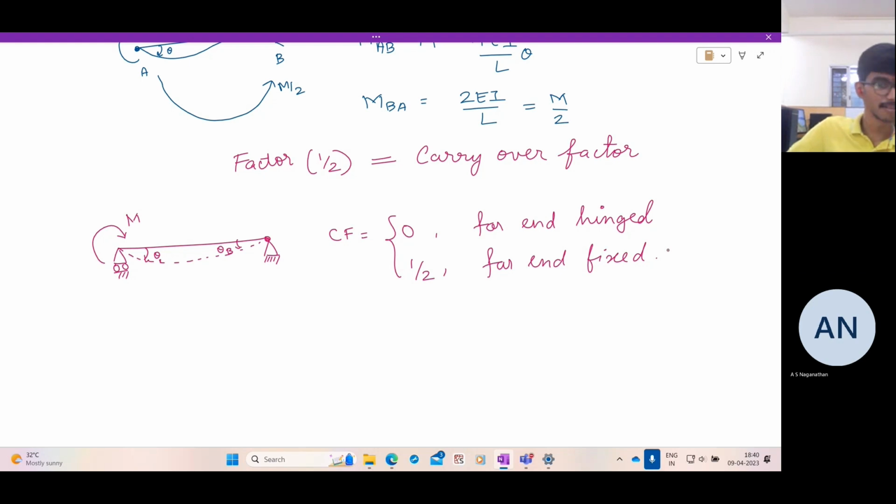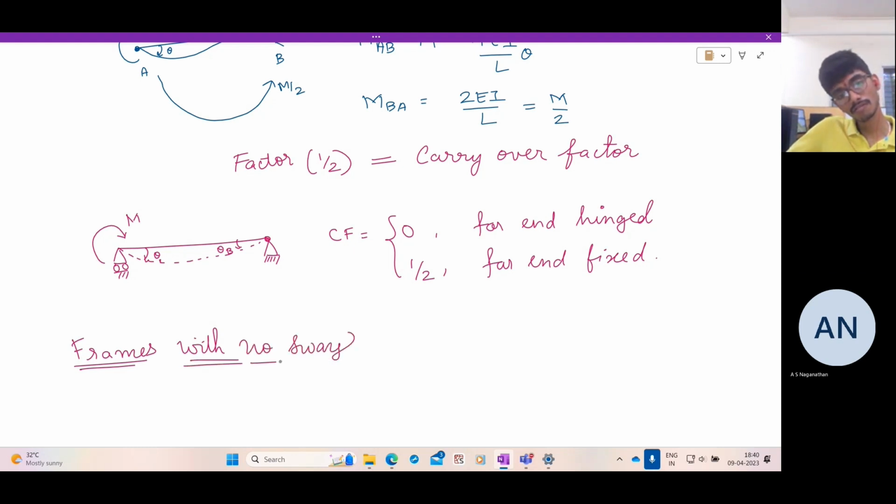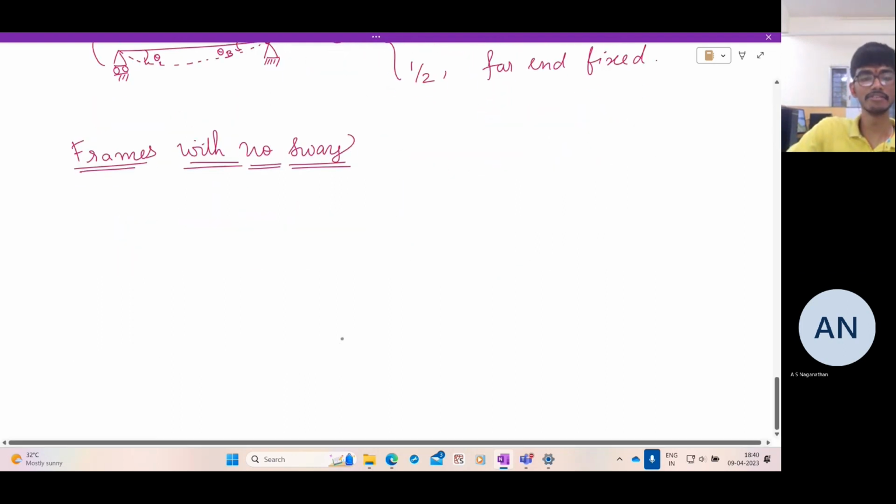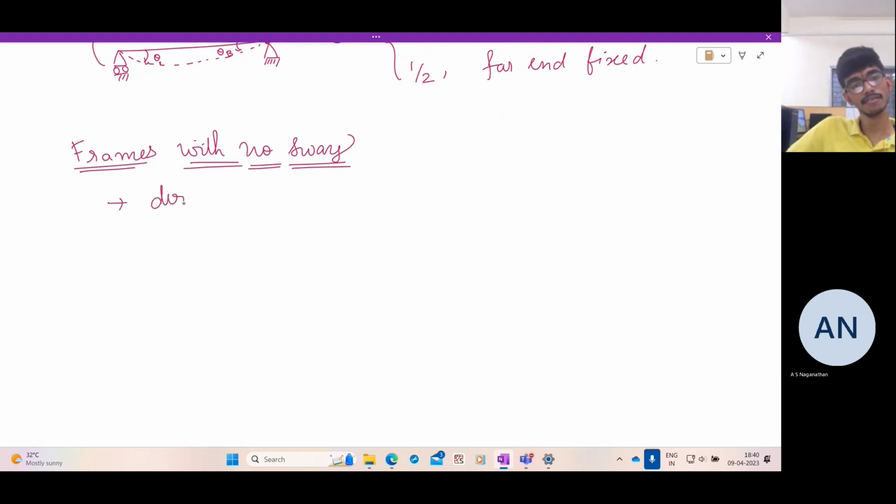Then what else do we have? The same procedure can be applied to frames directly. For frames without side sway, they are very similar to continuous beams, and the same procedure can be applied directly. For frames with side sway,